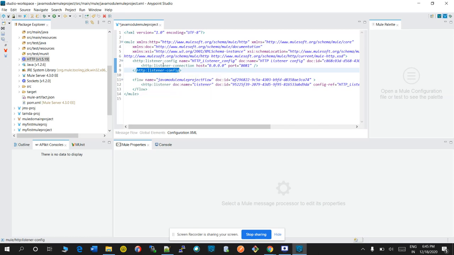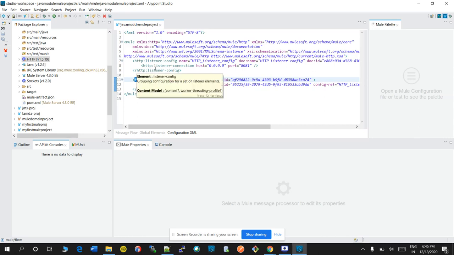This configuration is a global configuration since this listener configuration is outside of this flow. So this configuration can be used from another project as well. If it is inside this flow, then it cannot be used from another project. Here it is outside of the flow, so it is a global configuration.